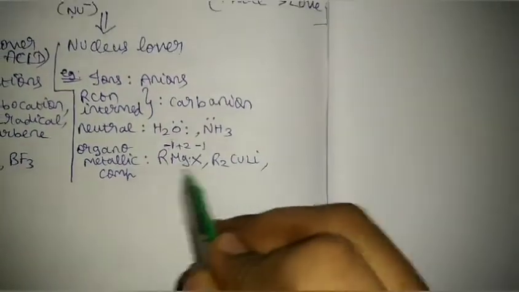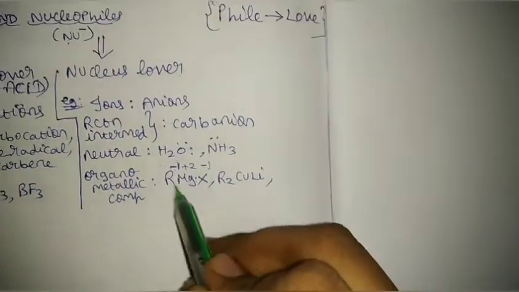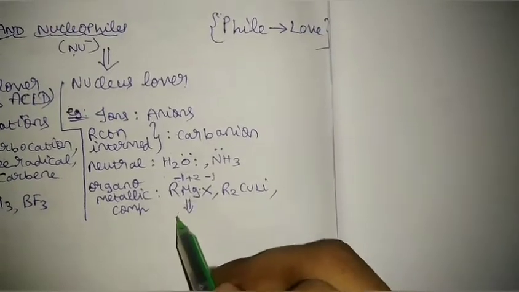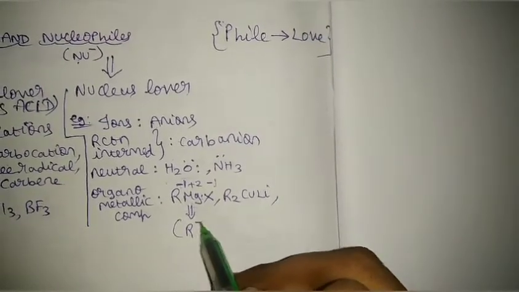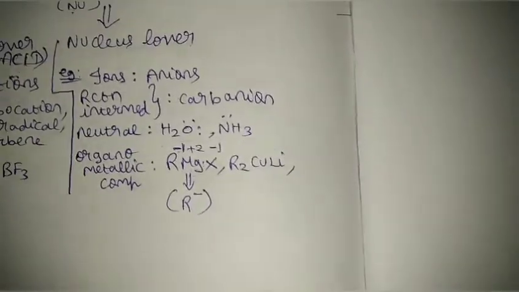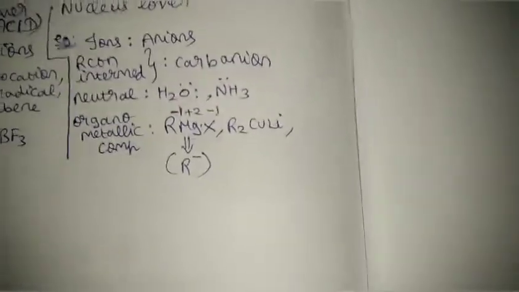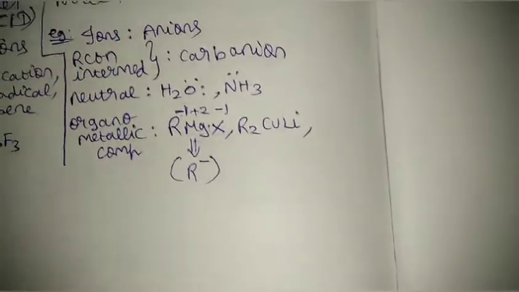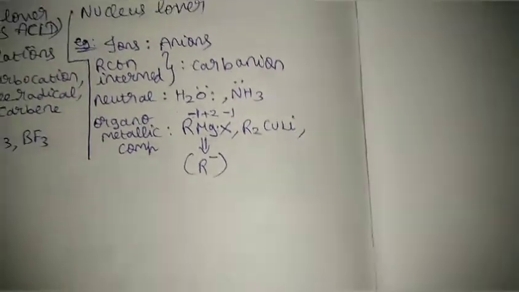So hence the molecule is neutral. In this case, this will actually be donated. It actually donates R minus, okay, for any reaction. We'll see the reactions later. It has a lot of reactions involving Grignard reagent. You can prepare anything. It is easy, it's the king of, I can say, organic chemistry.